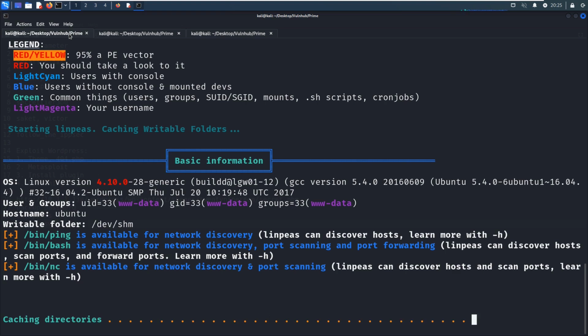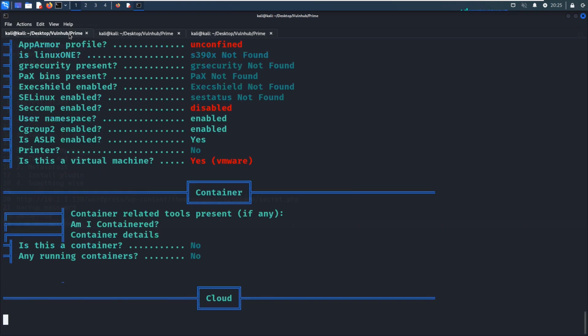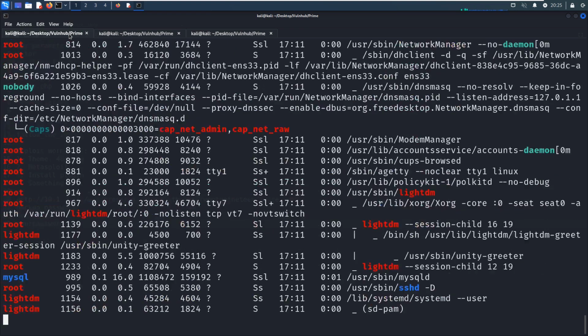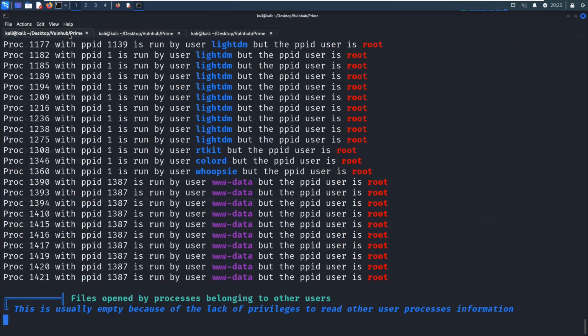So the objective here is to elevate privilege to root user, right? And to do that, we need to do comprehensive enumeration. We need to combine the manual enumeration and the automatic enumeration. If the target machine is a Linux machine, we can make use of the LinPEAS shell script.